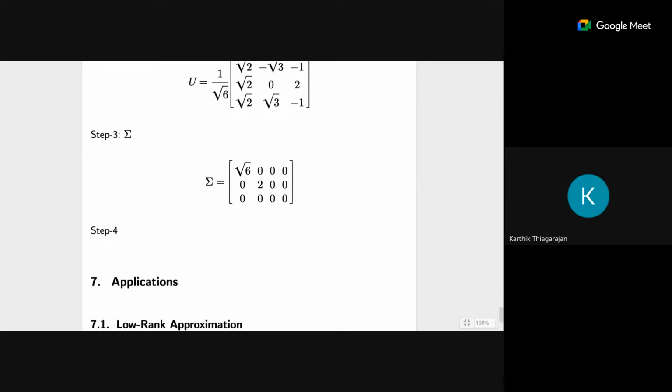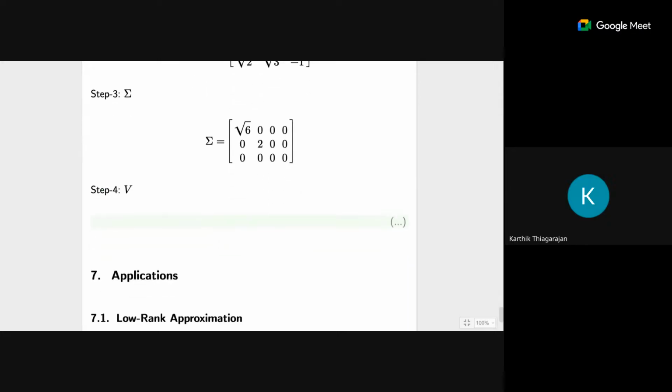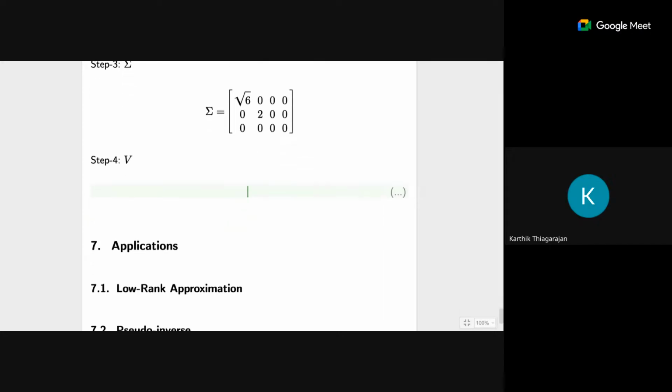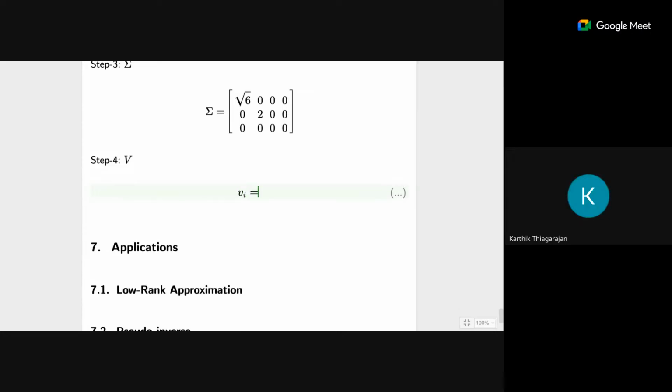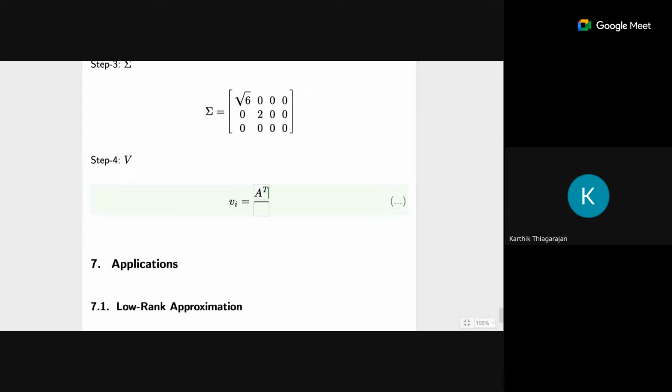Okay, yeah, correct. So V. Now we have to compute V. Okay, so we had AV equal to sigma U. So therefore, AV by sigma is U. Now U is what we have. So what equation will we use here? A transpose UI. Correct, right? So V, now V is what we want. VI is A transpose UI by sigma I